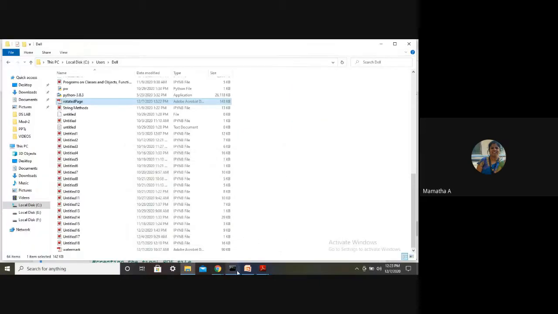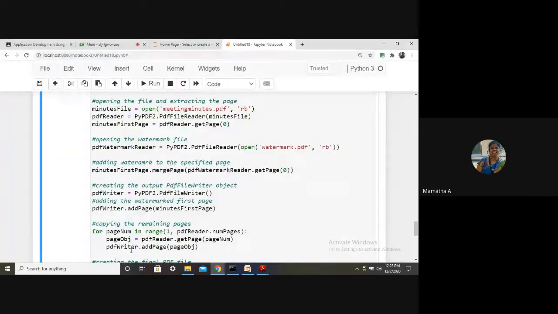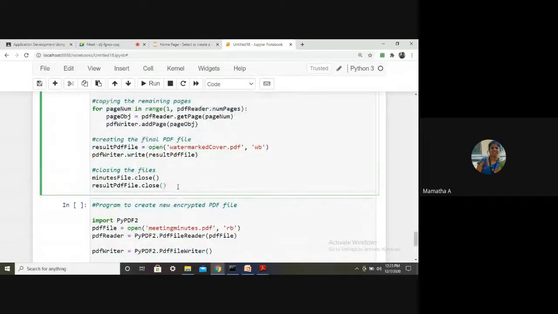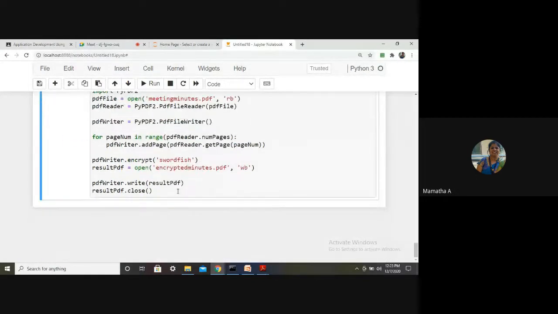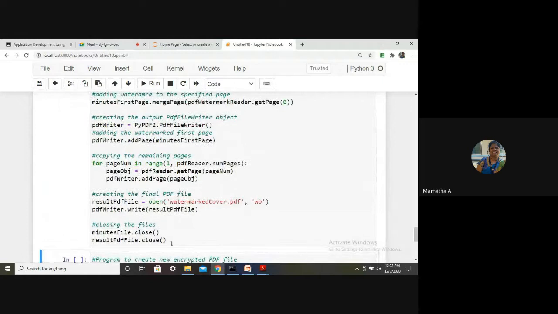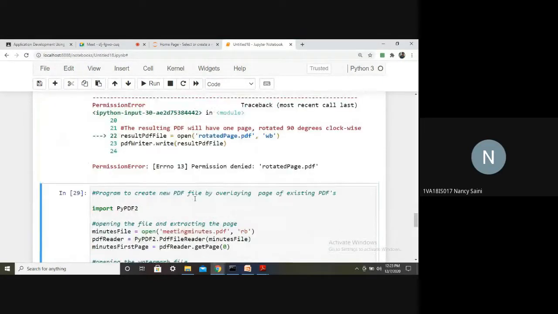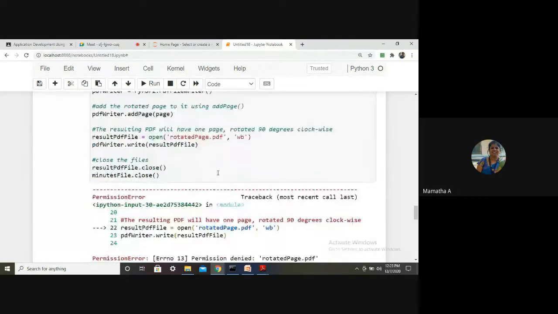So if you want to make any changes, very important, you have to delete the file and then do it, because overwriting will not be allowed. You cannot overwrite the existing file, right? Is that clear, students? Yes, ma'am. That's the reason.